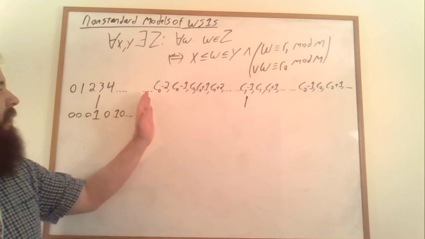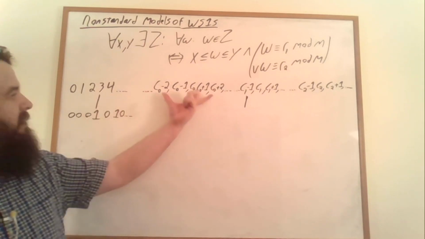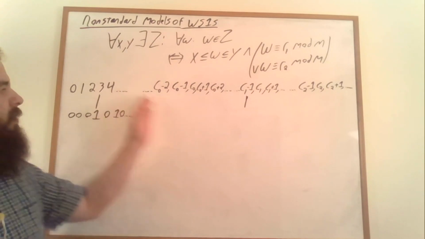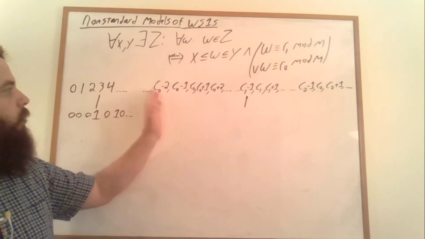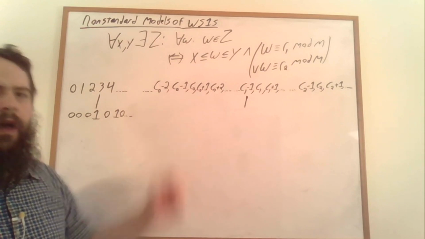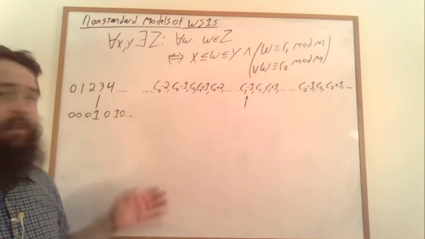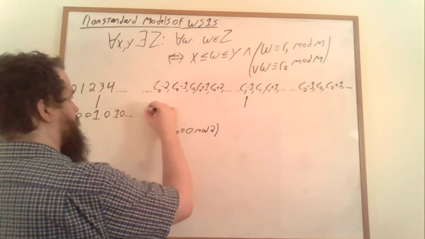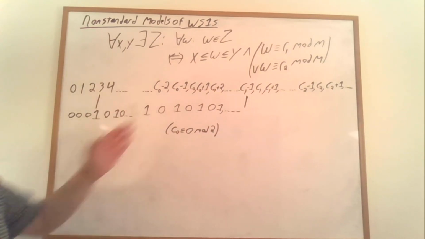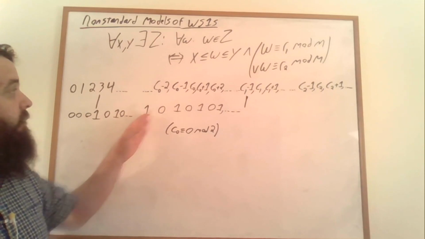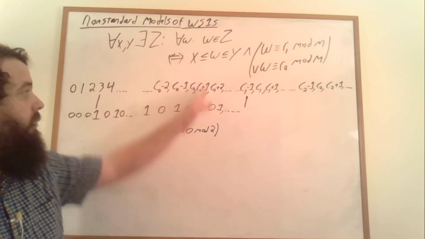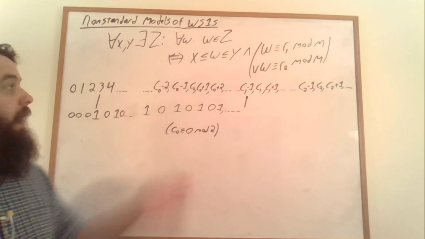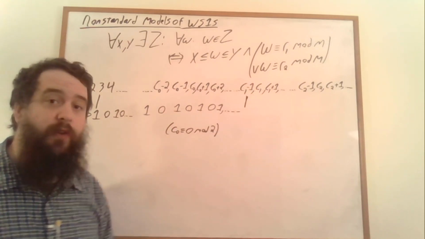And then this interval here contains this entire piece. We need to know how modular arithmetic mod 2 works on this piece here. Let's say for simplicity that C0 is congruent to 0 mod 2. Then this set will contain C0 minus 3, C0 minus 1, C0 plus 1, C0 plus 3, and so on and so forth. And then let's say that C1 is congruent to 1 mod 2,